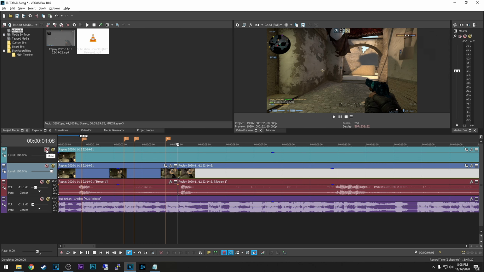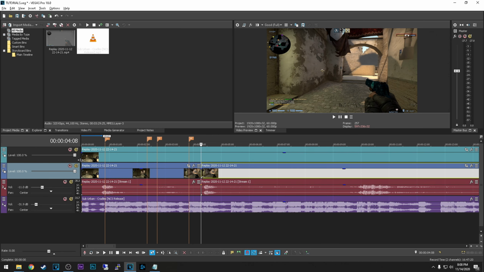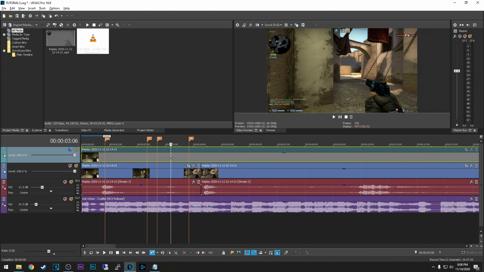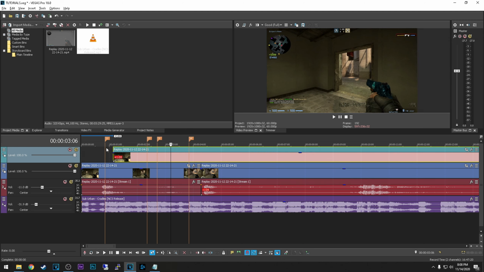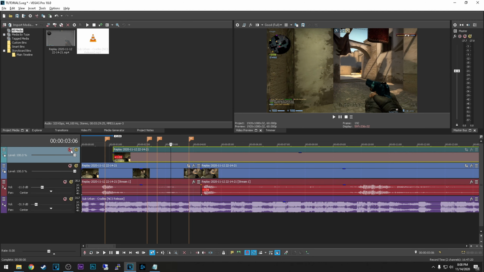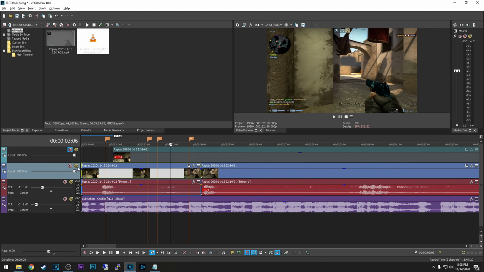On the left side, on the track configuration, you will see these buttons right here. Basically this means muting the whole track, like I'm disabling it. It's not gonna show differently in the preview window because it's the same clip copied above. But if I move it a bit, you will see that once I mute it, it's gonna disable this track and it's gonna preview the second track.